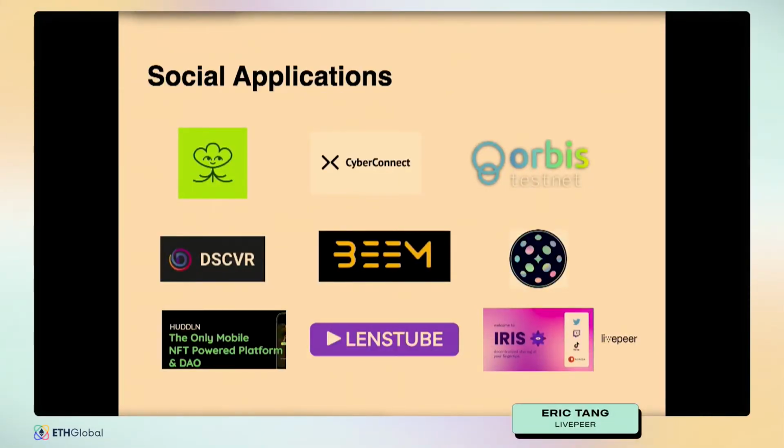There's an application called Beam that's kind of a decentralized Netflix. There's LensTube. Iris is another project that's building a Livepeer integration with Lens. So lots of interesting opportunities here, especially if you think about incentive design and how you can create incentives for creators to come and be early adopters in these social applications.